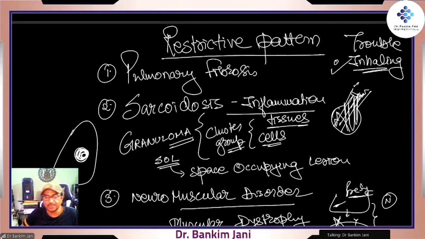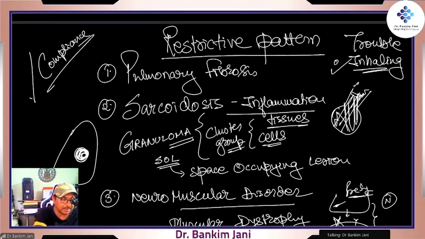Against that, the restrictive pattern. Restrictive pattern means the lungs have lost their ability to expand. So what has decreased? Compliance, right? Compliance is decreased. Why does it occur? There is fibrosis, and the lungs lose their elasticity, for example when a person smokes. Then they say the lungs have become rigid. Rigid means they are unable to expand.